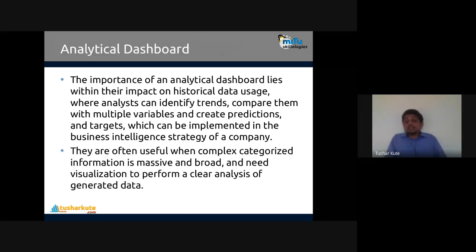You can just view it. Even some programs can also be embedded as a part of this analytical dashboard. So the result of that visualized data can be seen so easily. It's called the analytical dashboard that we can use.